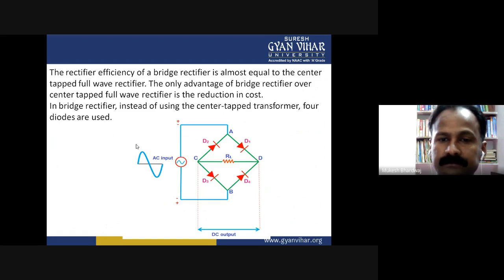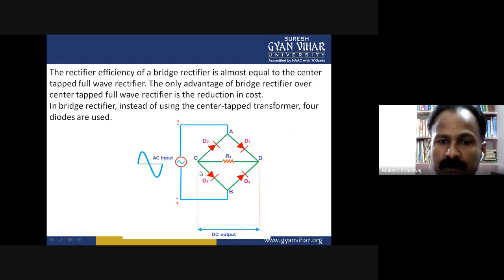As you are observing the positive half cycle, D1 turns on and the current passes through and comes to point D. Then it finds a blockage through D4 and moves to the RL, and it is conducted through D3. D3 will be in forward bias and the cycle will complete. For the negative half cycle,